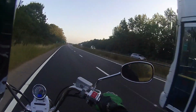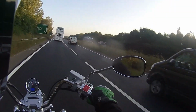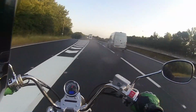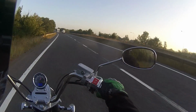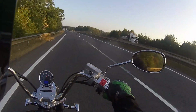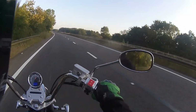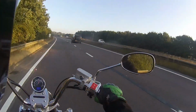Just keep an eye on that bus over my shoulder. Thank you very much. Now this doesn't have a pass light on it, but you've got the obligatory controls to the left: horn at the bottom, indicators, main beam, dip beam, and the hazard light switch is just off to the right. Right hand controls, got your lights in the middle, starter at the bottom, kill switch at the top. Obviously that's plastic controls, not aluminium, but they're very, very good at what they do. Can't fault this bike whatsoever, and it's got LED indicators all round on this as well. It's an absolutely perfect bike,